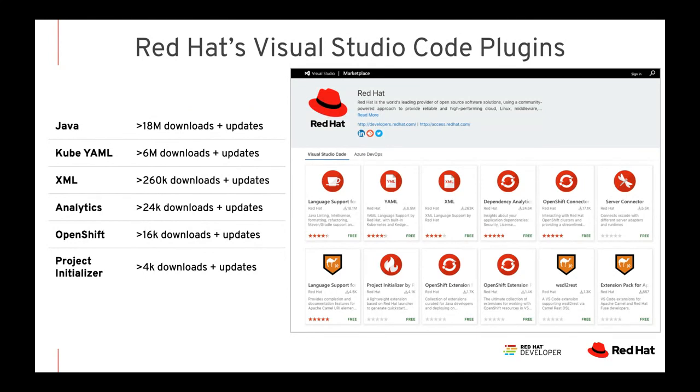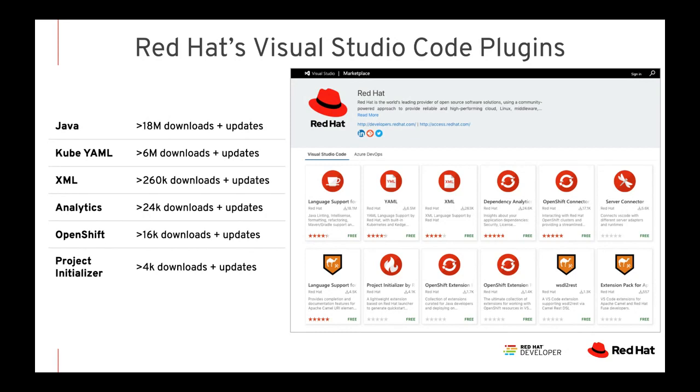What we've done in our developer program is we've developed a bunch of different language servers and other adapters for Visual Studio Code. Our Java plugin was the first one that we did. We shipped that initially in 2016, and we've had 18 million downloads. That is over 3 million, I believe, individual installations. Every time we make an update, it refreshes and updates, so that increments the download count by one.